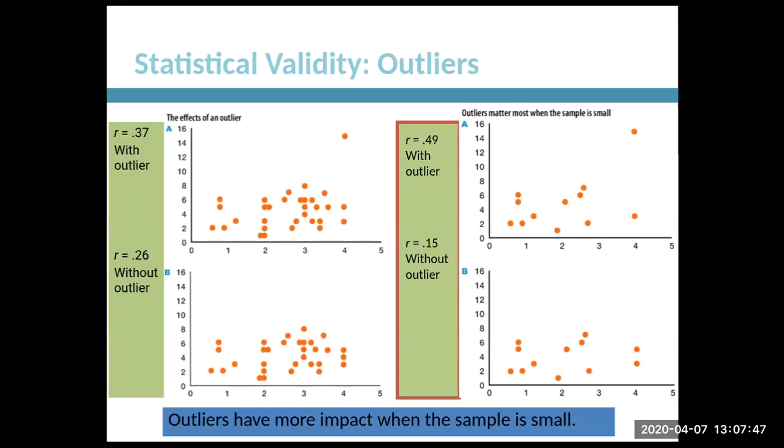So with that one that's way out here at 4 and 14, with the outlier still counted, your R value is at 0.49, which is pretty strong. When you take that one out and leave only 11 points of data, your R value goes all the way down to 0.15, which is really weak. So that one data point skewed the numbers in a huge way. What you want to do is try to be as representative of the numbers as possible. So if you do have these outliers, it is a good idea to remove them before you calculate scores. Outliers have impact when the sample size is bigger, but the impact is much greater when the sample size is small, as you can see.